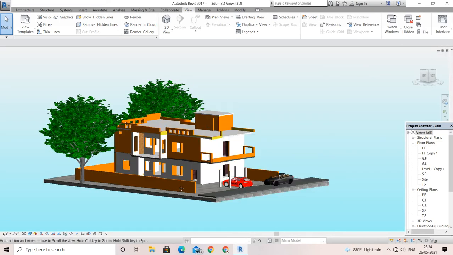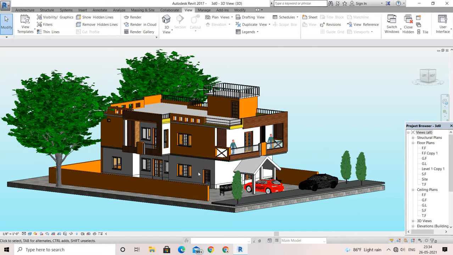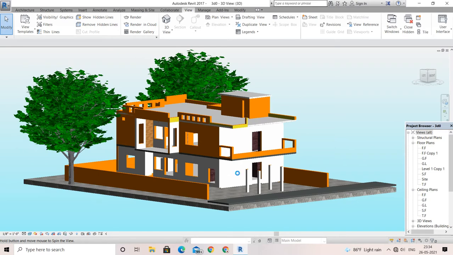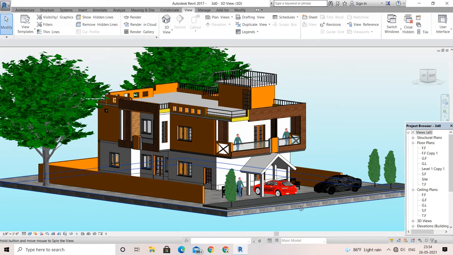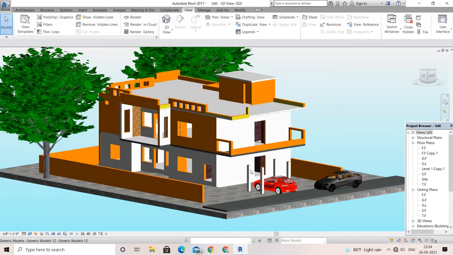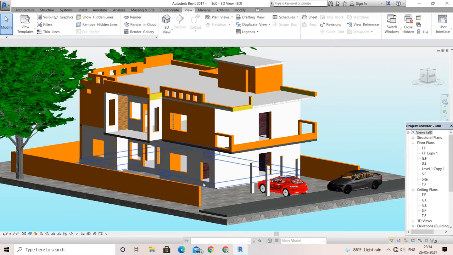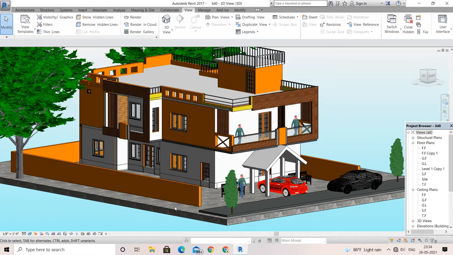The main motto of this tutorial is to show you this plan in 3D modeling. In my upcoming tutorial I'm going to show you how to do a walkthrough. I hope you all know very well about walkthroughs. You can check my previous tutorial also, where I did interior designing, not completely, but I showed you how to do a walkthrough inside the floor plan.